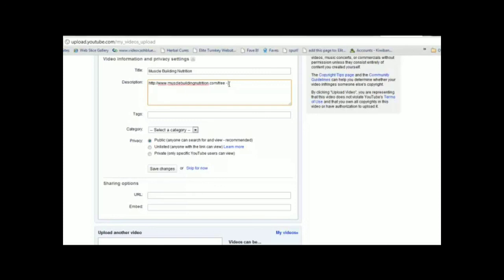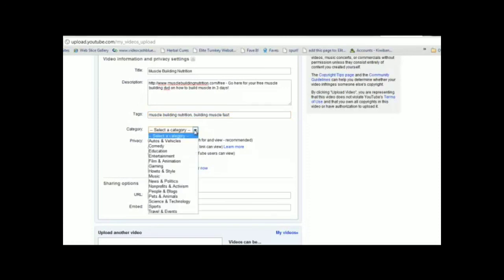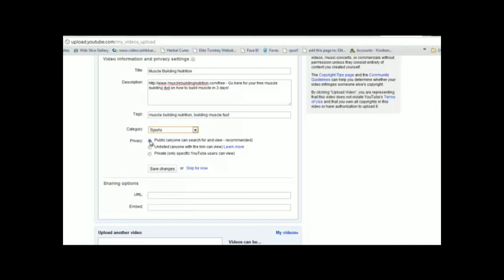And just write something like that. And for your tags, you want to put your keywords. Muscle building nutrition. And you want to select your category as sports, sure. Make sure it's selected on public